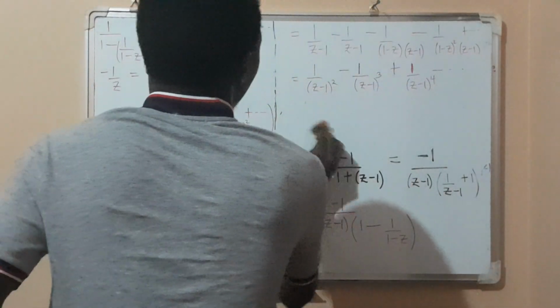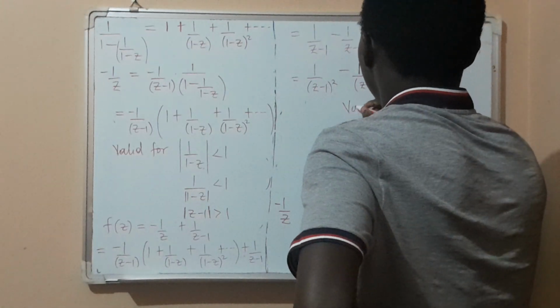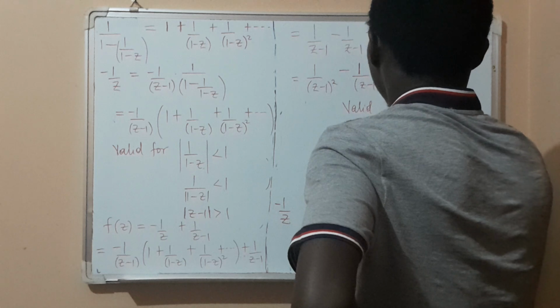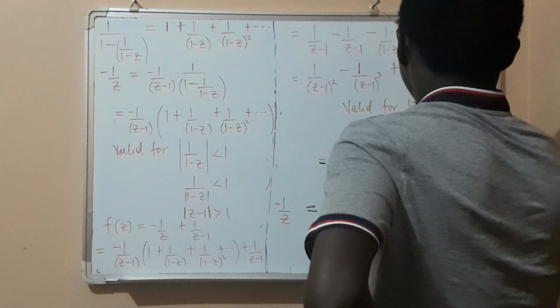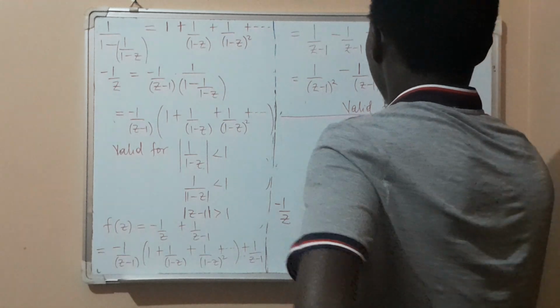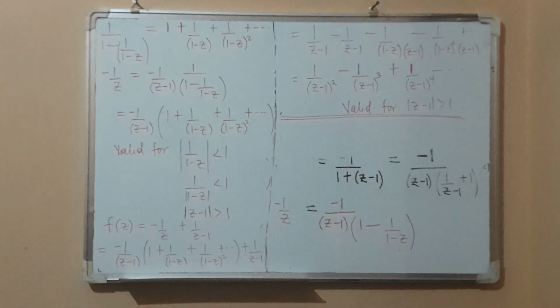This series representation is valid for absolute z minus 1 greater than 1. So in the next session we are going to look at the